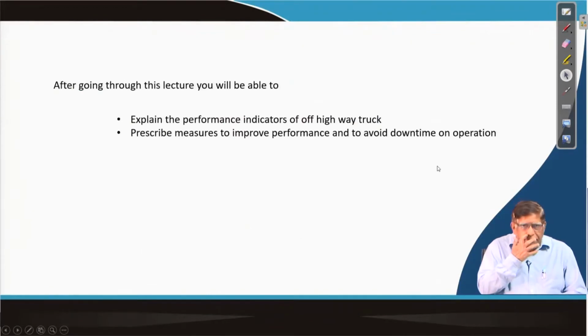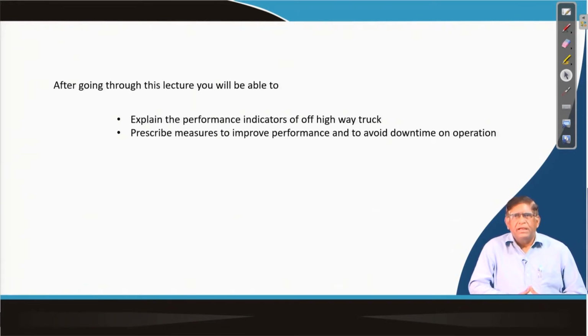After going through this class, you will be able to explain the performance indicators of an off-highway truck, and also you will be able to prescribe measures to improve performance and avoid downtime. In surface mining operations, while you are going to utilize this machine, you know about the construction, the operation and maintenance of these machines.